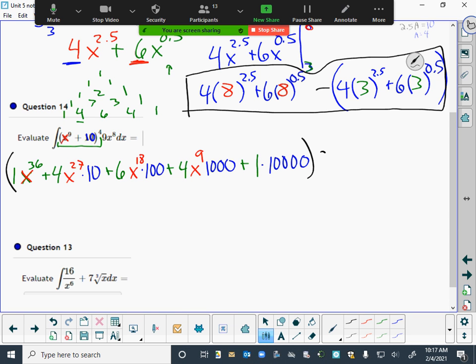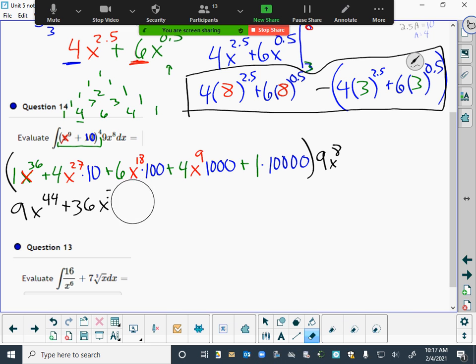And I'm going to distribute a 9x to the 8th through that. Okay, so that's going to be a 9 now x to the 44th power, plus 9 times 4 is 36, x to the 35th power, 360, sorry, I forgot about my 10, 360 x to the 35th power,